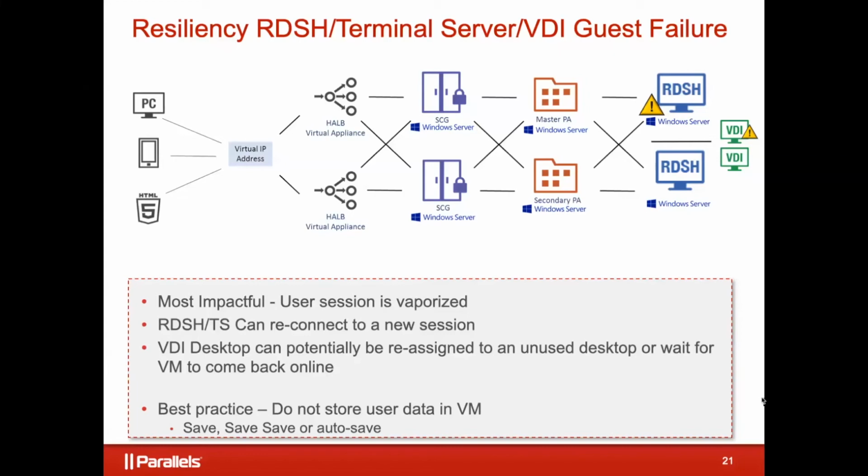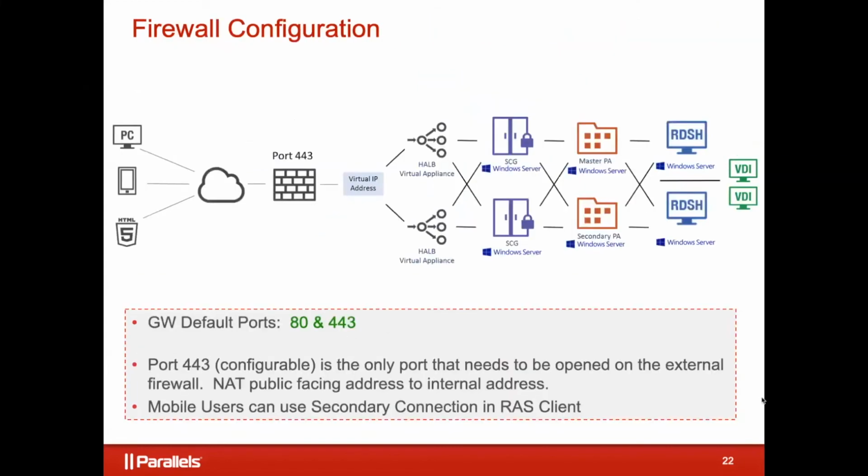So moving on, let's talk about network access and how you get into and out of the system. By default, RAS uses two ports. The users will connect to the gateway server over two ports, port 80 and port 443. That's what the users are connecting to when they hit the gateway, port 80 and port 443. They're not connecting to port 3389, which is the RDP port.